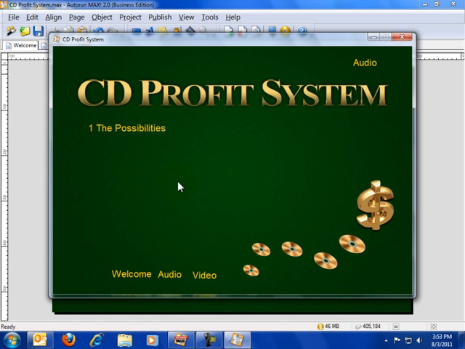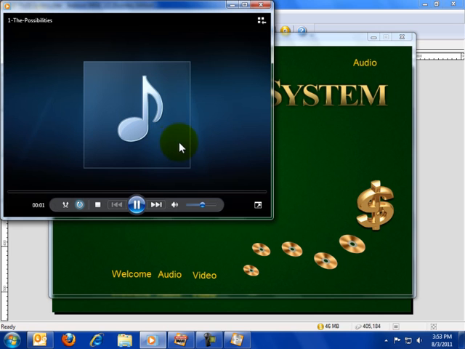Here we are at the audio page, and if we click on possibilities, the audio player is going to pop up. Oh, and see our little tooltip? Here we go. We're going to click on it,